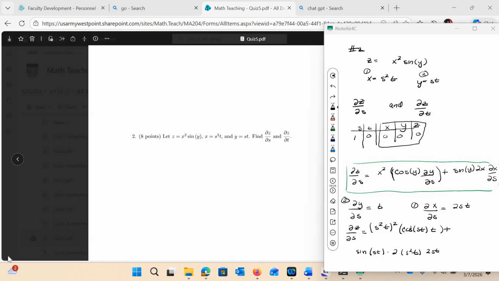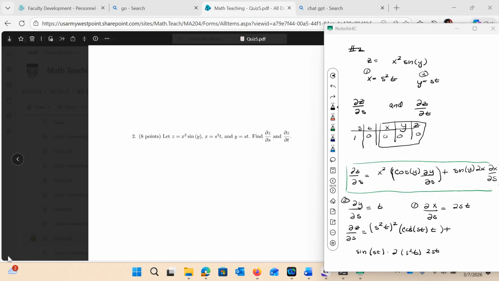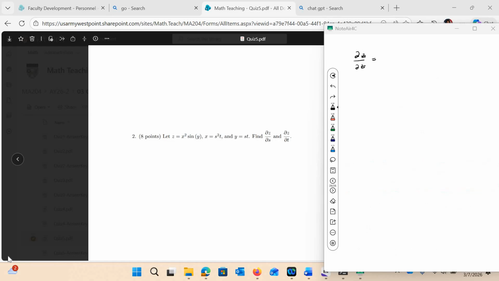You're done. Now, how do you find the partial of z with respect to t? I'm going through the whole thing, even though it's painful. Let's go do it. Same way. We take the partial of z with respect to t, and that's going to be the same derivative. So I can literally just go back here and replace everywhere I have the partial of y with respect to s with the partial of y with respect to t. I'm not going to do that right now, but I'm just going to go through it one more time so you can see it. I get product rule,